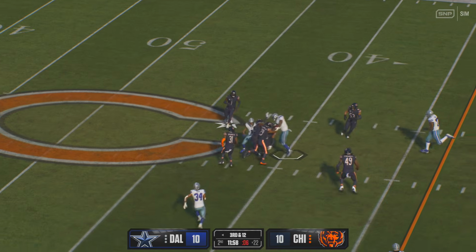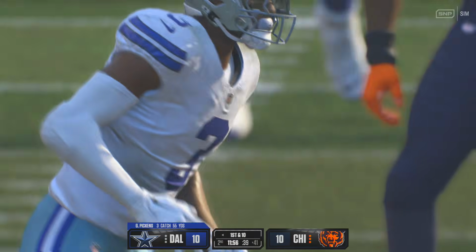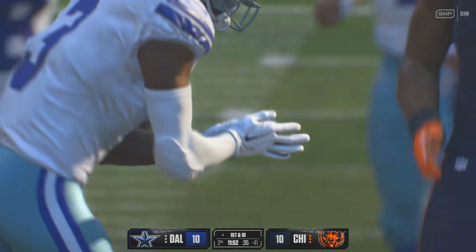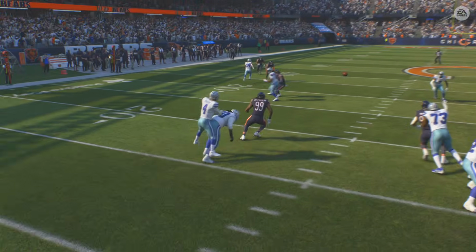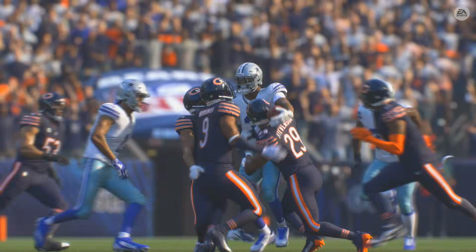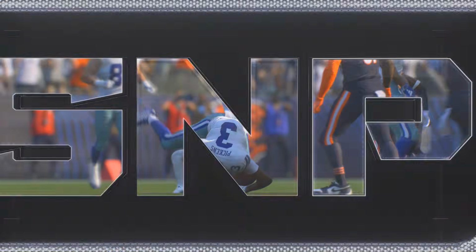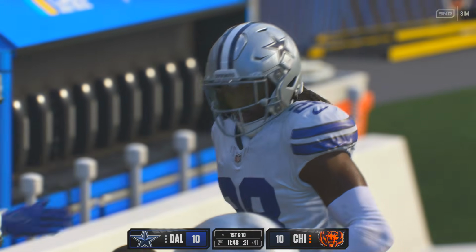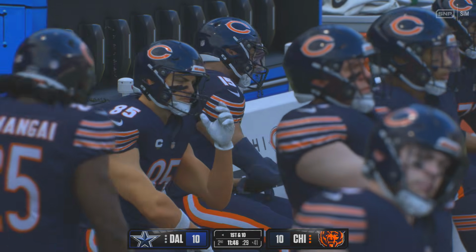Got an open man, it's Pickens. And he will have a Cowboys first down as they're able to get the 3rd down conversion. A gain of 19 yards. And a Cowboy first down. Now that was pretty. They executed that curl route versus zone coverage, and that changes things a little bit because